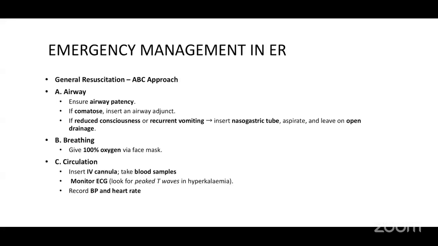Circulation, like we've already discussed: you take IV access, take blood samples, take an ECG for peaked T waves. Usually in hyperkalemia you see peaked T waves, so the ECG has to be taken initially. BP and heart rate, everything is measured. Vitals are checked. Then investigations in the ER, as we already discussed: bedside, immediately you check the GRBS, blood glucose